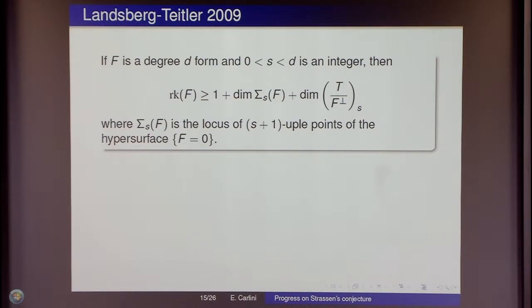Well, this is my version of it, so any mistake comes from me. It's not their fault. But the basic idea is that the rank of F can be bounded from below by 1 plus the dimension of sigma s, which is just the locus of s plus 1 uple points of the hypersurface f equals 0. So if you have a polynomial f, you can look at the geometrical object that it defines